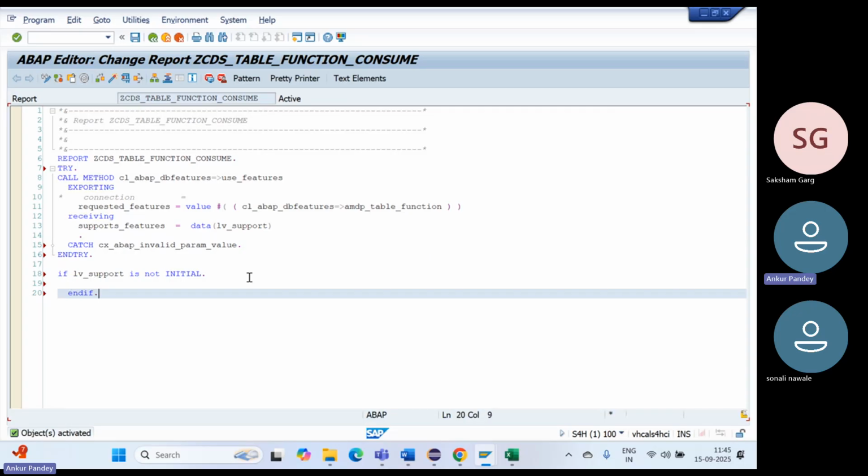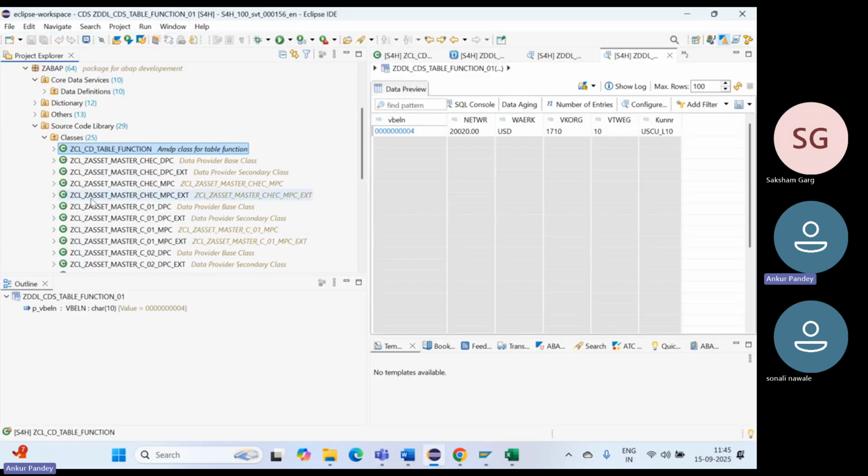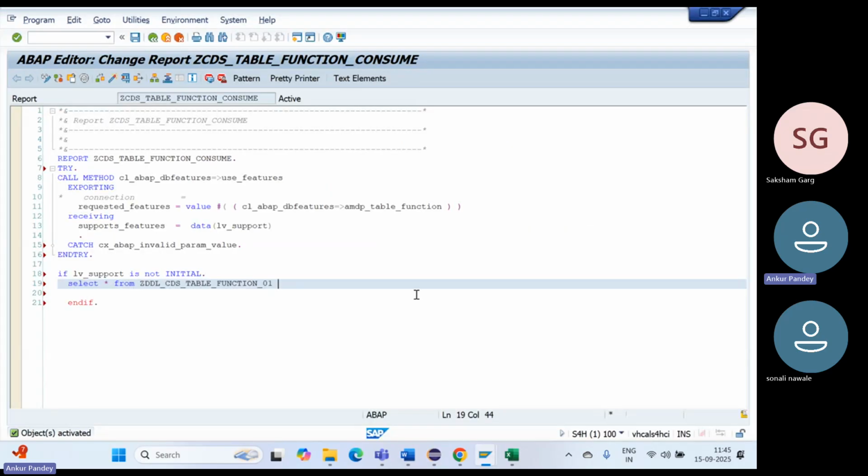And if so, use a select query, select star from your table function. So what is the table function actually? This is our table function. Just copy it and select star